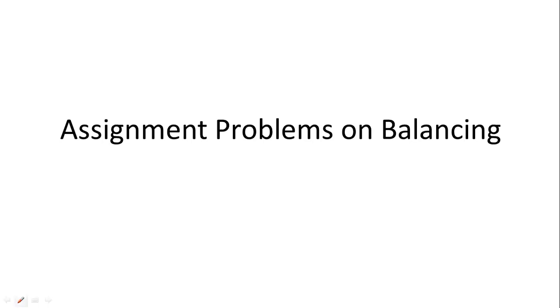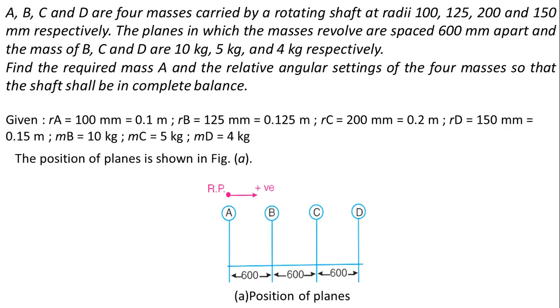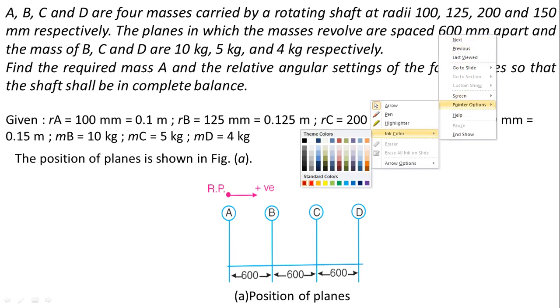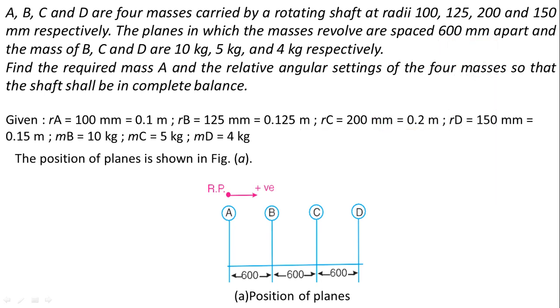Let's discuss problems on balancing which are given for assignment. So here in this problem, four masses are given where the distance between all the masses is given as 600 mm. So in the question it is given that the distance is 600 mm apart. So we can take the distance as 600 mm between all the planes, and the radius for all the